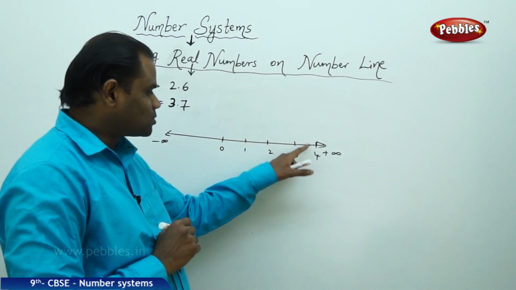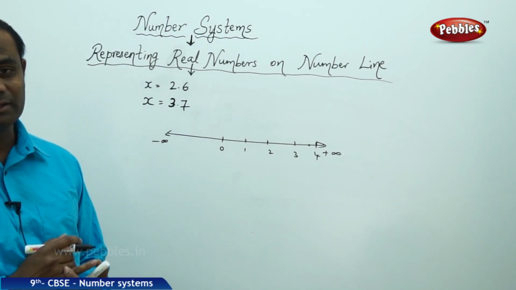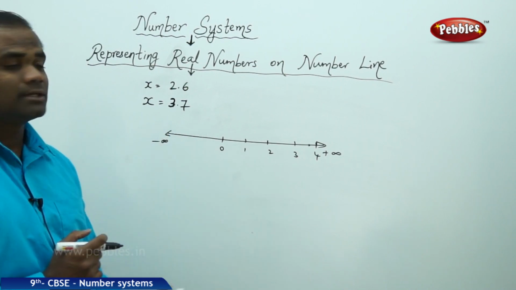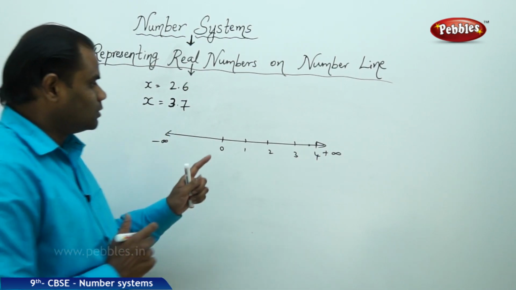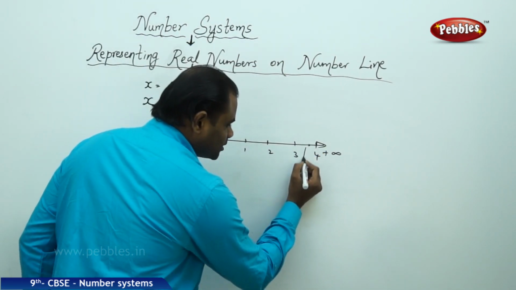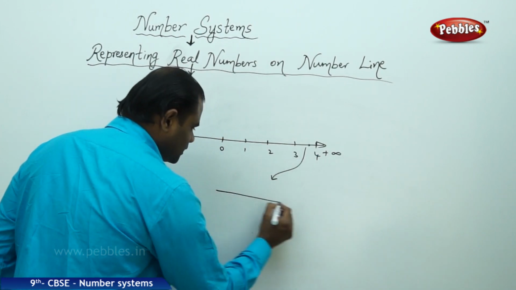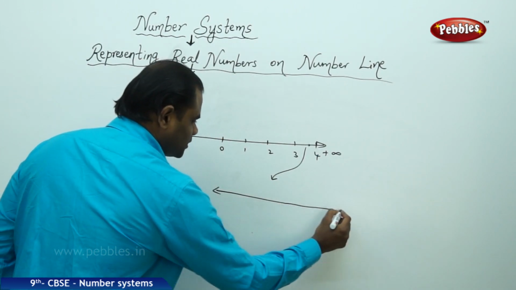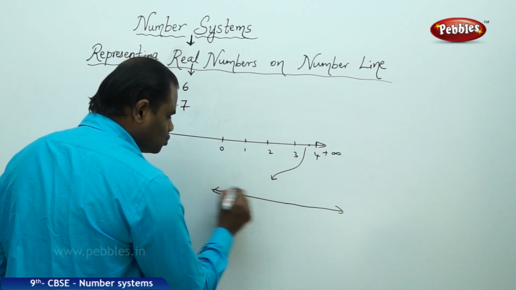So how we get this to be approximately on the right side is how we're going to discuss in the number line. So this representation of 3.7 is just because I take a second number line which is zoomed out